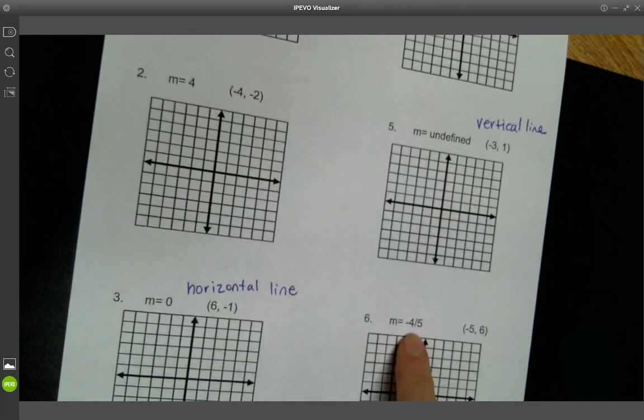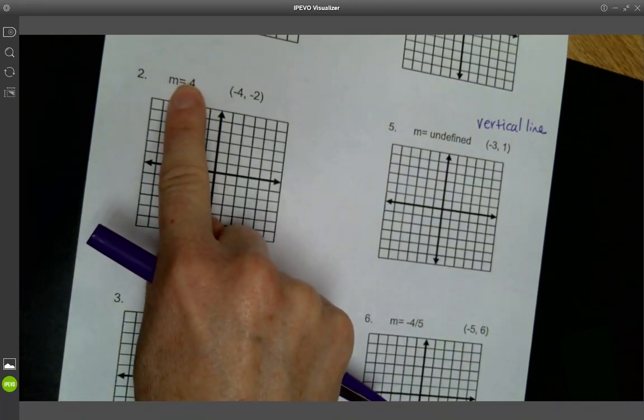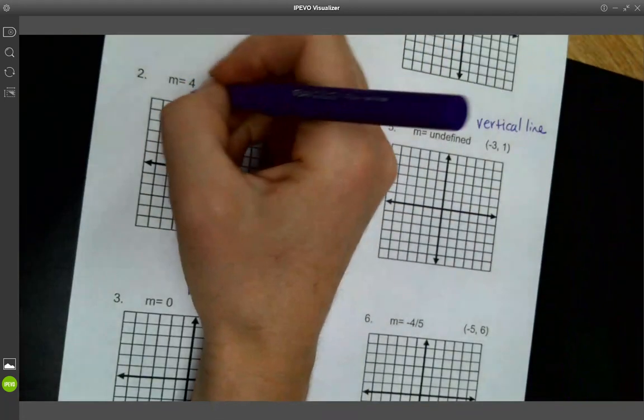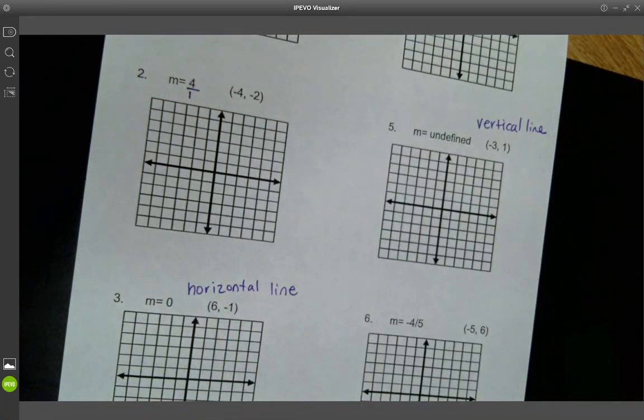So pay attention to positive and negative. If this is a negative slope, it's going to go down and right, down and right. If this is just 4, what is 4 over for that slope? 4 over what? 1. All right, so the rest of this class time, you'll be just working